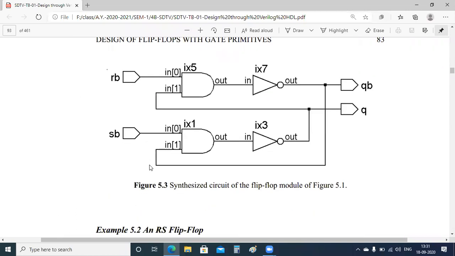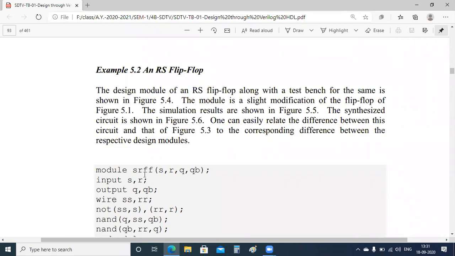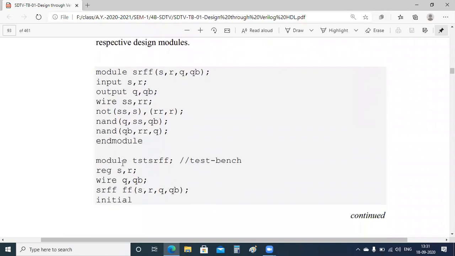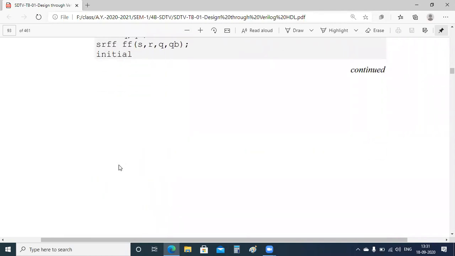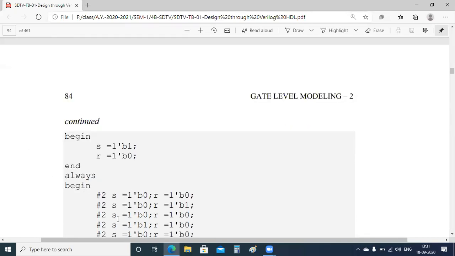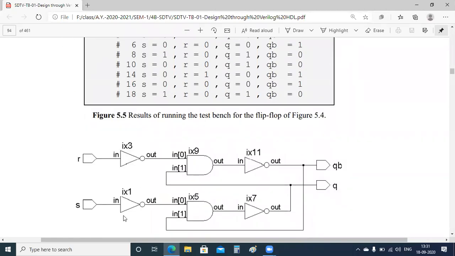Now we will see the basic flip flop, the general RS flip flop or SR flip flop, whatever the name is. Before you see this program, first we have to see its general block diagram, or simple figure. First we are seeing only the synthesized figure. You can analyze it now; you know how to analyze it. This is the previous part.